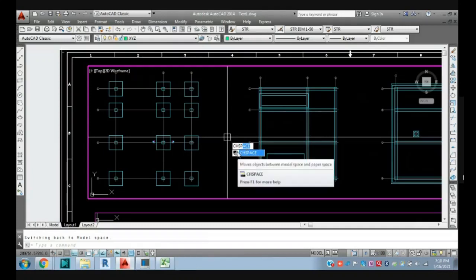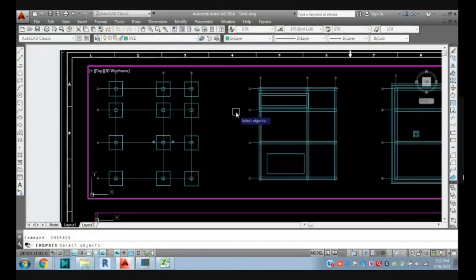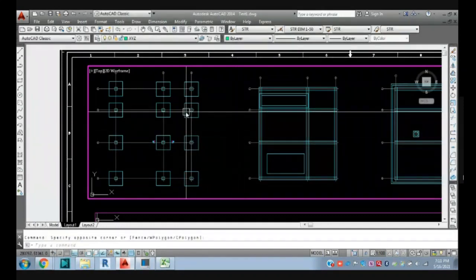The shortcut command is CH and space. If you give this command, just press enter. If you want to come back to layout space, just double click here.